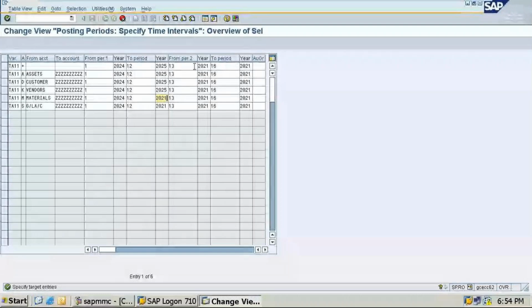You have to use the down arrow key to go to the next row. Understanding? So to go up, you can just click through mouse. Next come back to this here. This is from and to. This is 13 and 14. This is 16 posting periods as I told you. So all it will become 25 itself.